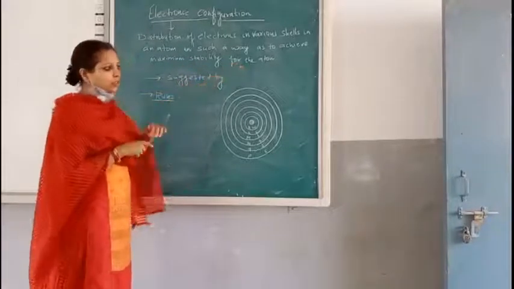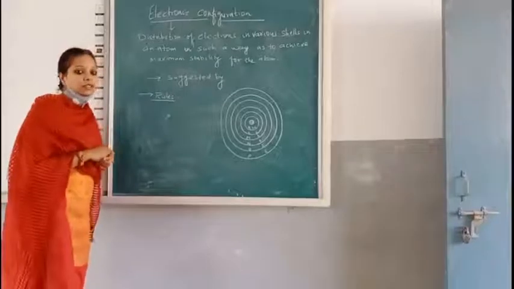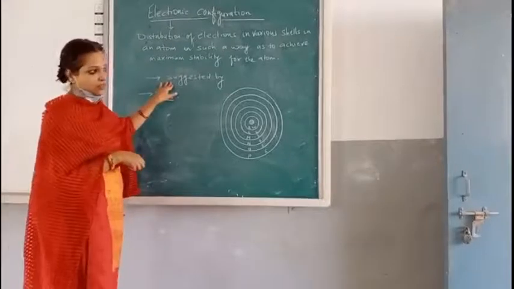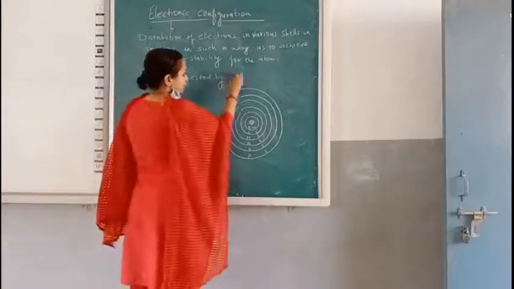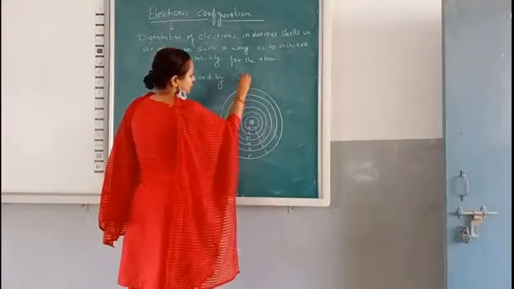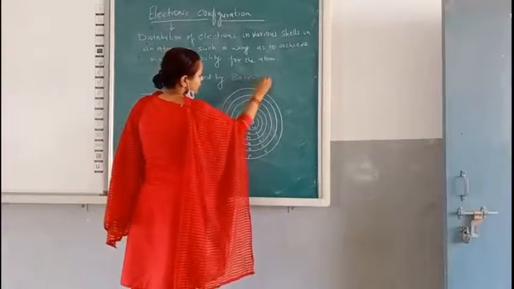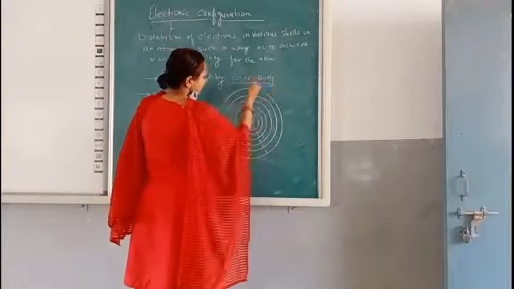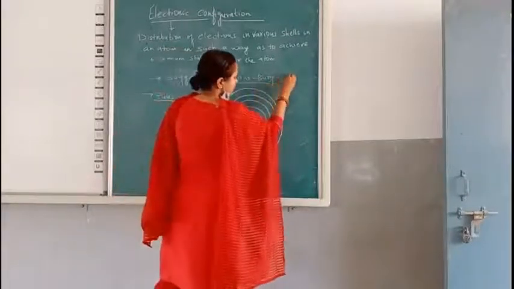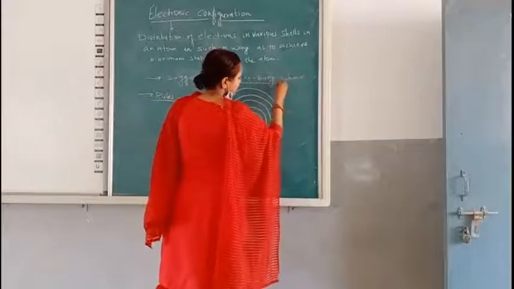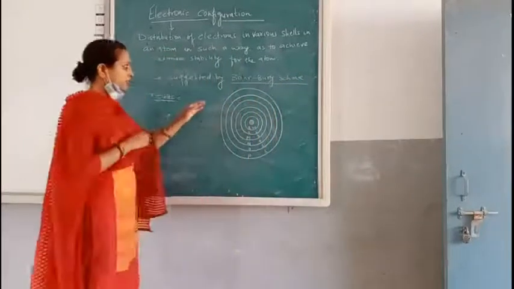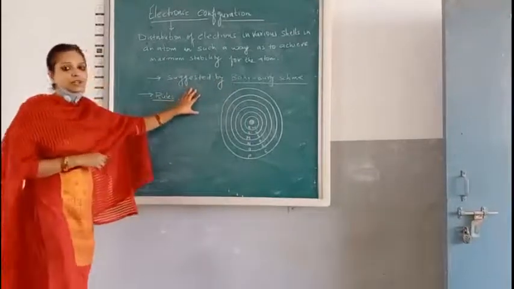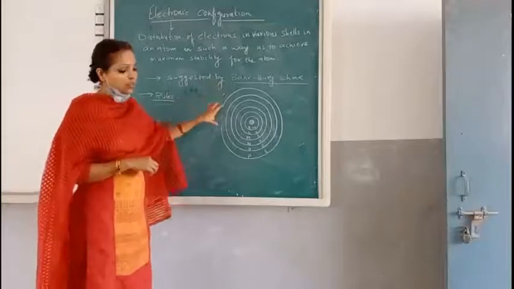Okay. So how are the electrons distributed in various shells of an atom? It was suggested by the scientists Bohr and Bury, and that's why it is called the Bohr-Bury scheme. So according to the Bohr-Bury scheme, we will see how the electrons are distributed in various shells